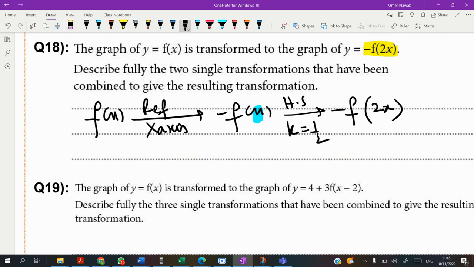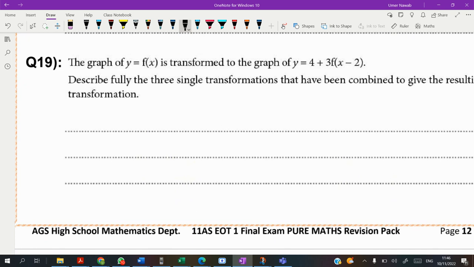You can write horizontal stretch first and then you reflect it about the x-axis. Any order you can choose to represent this transformation. Very important question from the examination point of view. You guys can see that there are three transformations happening. First transformation, which I can see easily here,